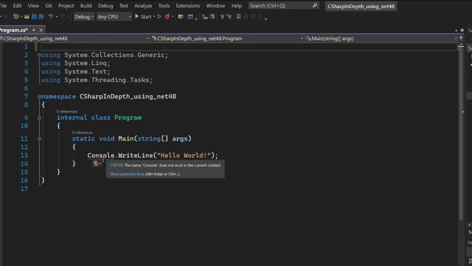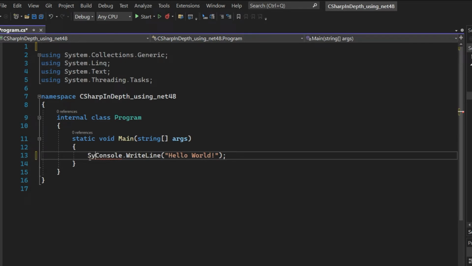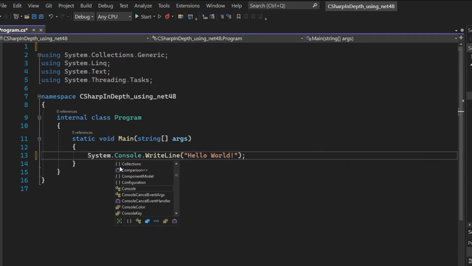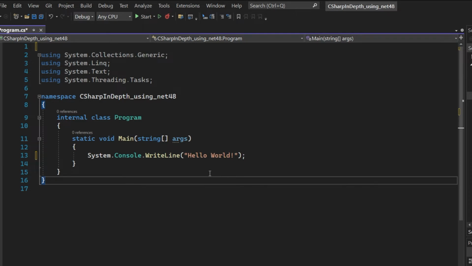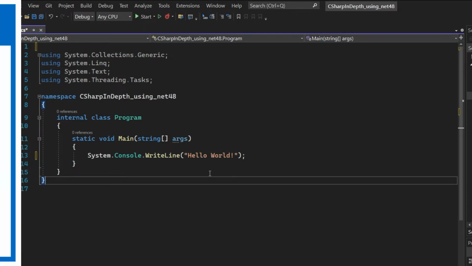The debugging message tells you that Console does not exist in the current context. Visual Studio cannot find where the Console.WriteLine is coming from, unless you specify the fully qualified namespace System.Console.WriteLine. That's the most basic usage of the using directive.